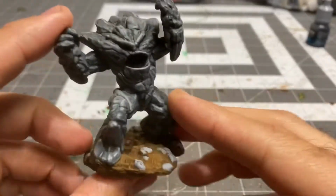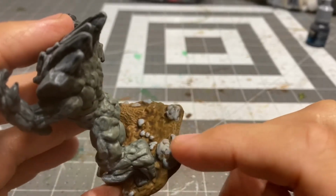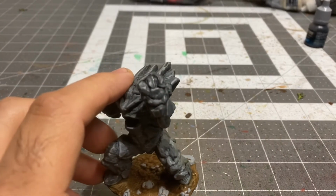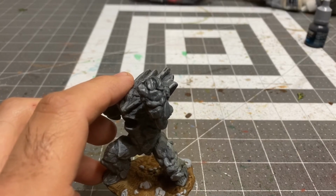Alrighty, so sepia wash is applied, and I've also gone in and picked out the rocks with a little heavy blue-gray. I'm going to be going in on those same rocks with